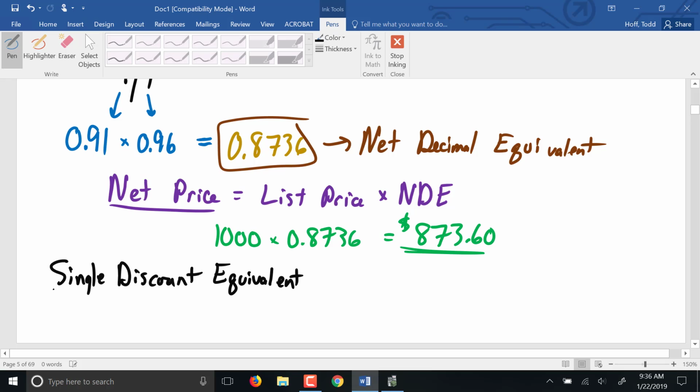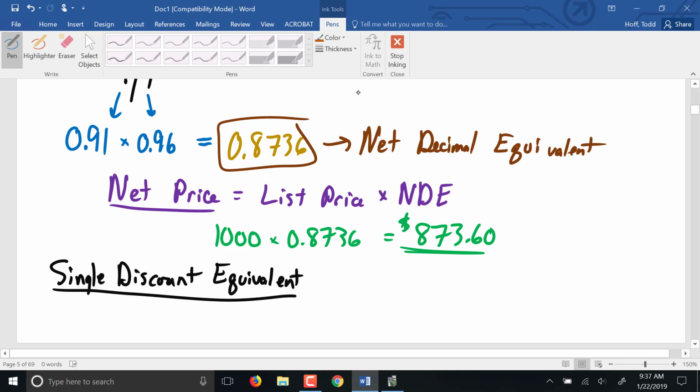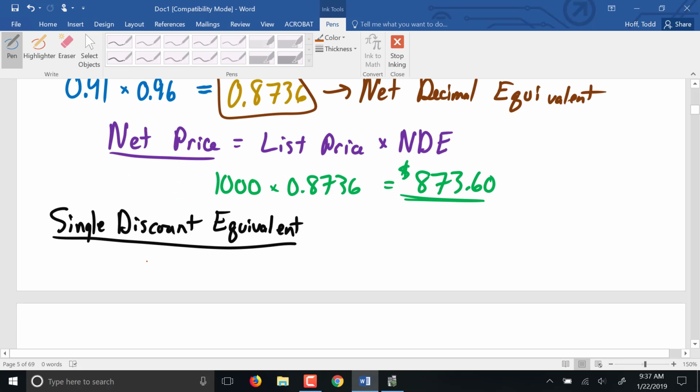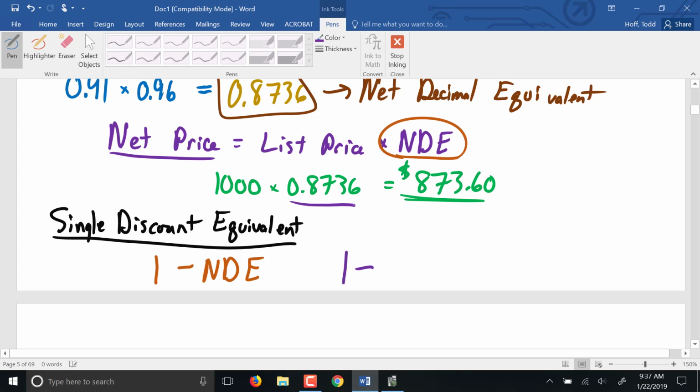Again, I've seen different terms used for the single equivalent discount rate. They all have equivalent discount in the term somewhere. This is found by first finding that net decimal equivalent, and we calculate the single discount equivalent by taking 100% minus that net decimal equivalent. Since the net decimal equivalent is already a rate, 1 is 100% as a rate, minus that net decimal equivalent. So for this problem, we would have 1 minus our net decimal equivalent of